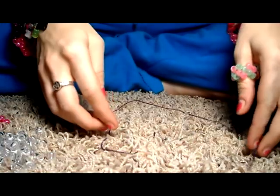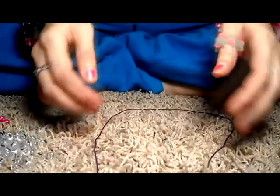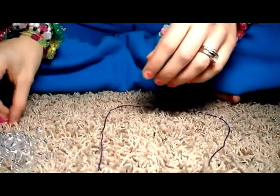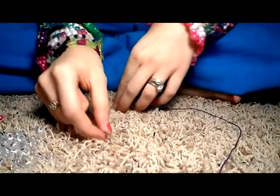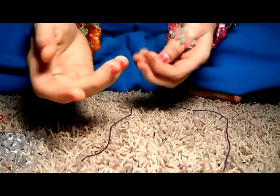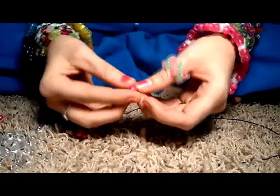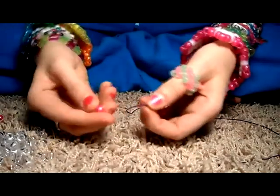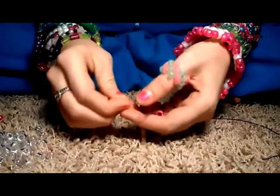Okay, so the first thing that you're going to do is get a string. This is like the last of my string I have right here, so I'll just use it. It doesn't matter, you can use this kind of string or you can use the other stretchier kind without cloth on it, which I prefer, but I ran out of it, so I'll just use this. Anyways, you take 3 beads of your starting color, which I'm going to do rainbow, so my starting color is going to be pink, and then you put on a divider